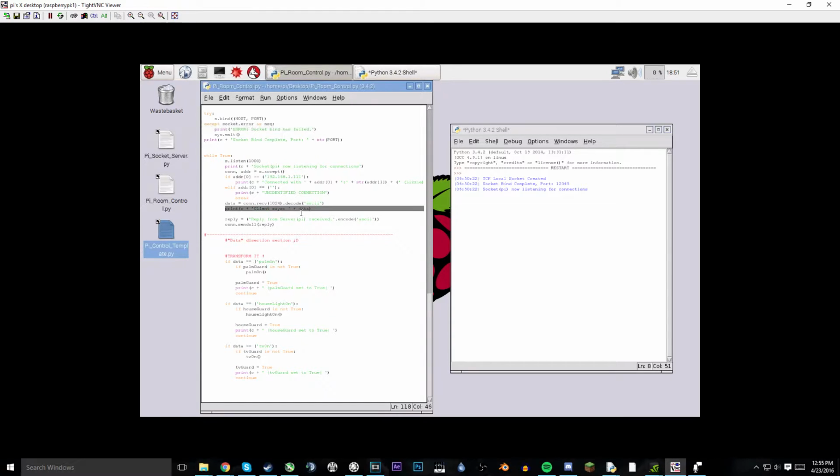Basically, and then we're going to print what the client says. So we print whatever message was sent to us, and then we're going to send a reply. Now, obviously, we already saw in step 2 that I sent the reply. Now we're going to dissect the data. So now, we're going to say,